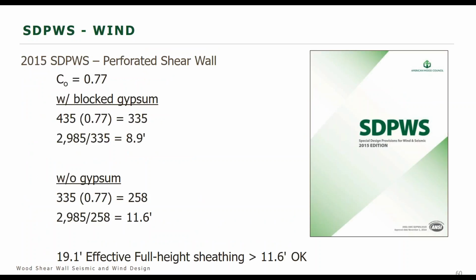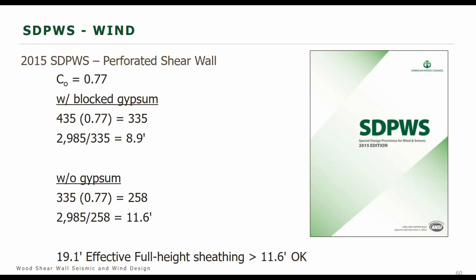So that gives us a pretty substantial increase in our allowable capacity of our shear wall. By doing some more calculation, we are able to get some more capacity out of the wall. With the blocked gypsum, again, we had a capacity of 435 pounds per foot as an unadjusted value. So multiplied by 0.77, we see that we need 8.9 feet of full height sheathing with a blocked gypsum